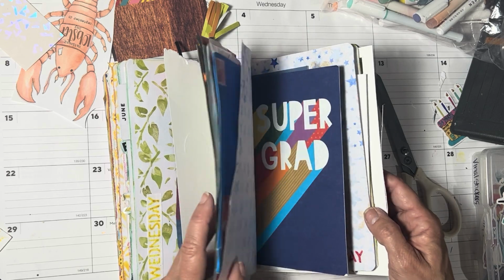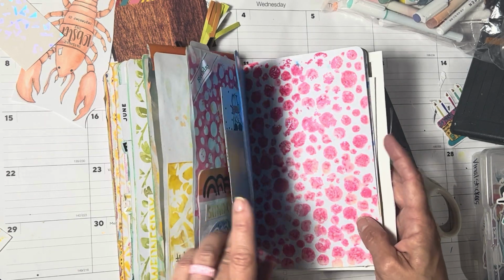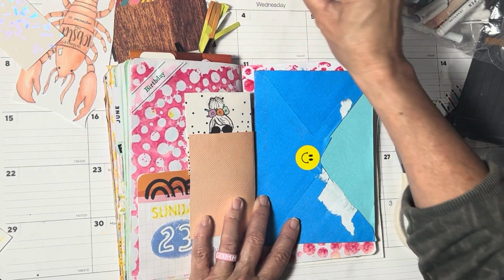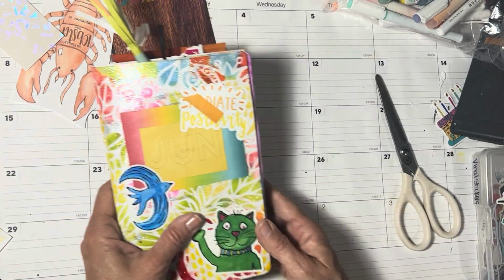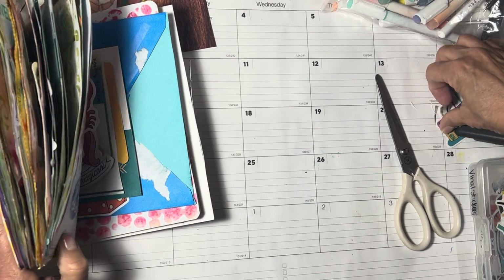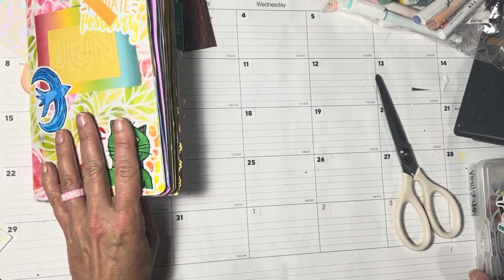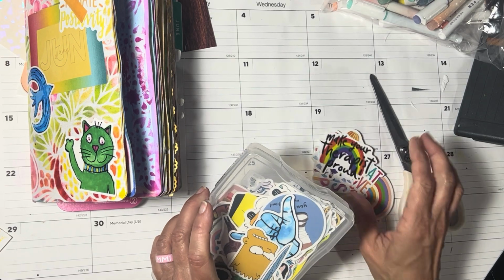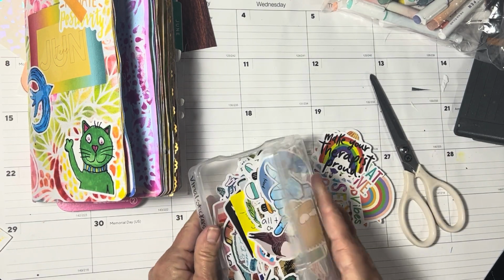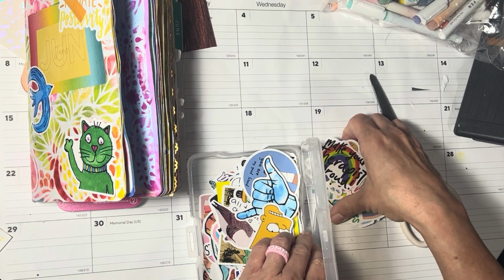And that's fun. Okay. So this is Sunday. Let's see. I got this sticker out for Sunday. I don't think we're going to use it, but that's okay. We'll see this one here. We'll put that one in there too. All right. And then these, I used to have them kind of separated, but they're,